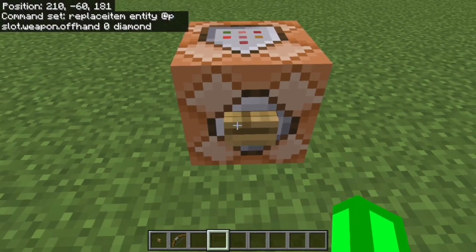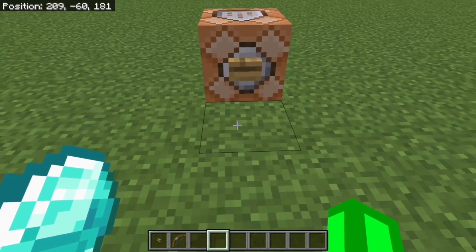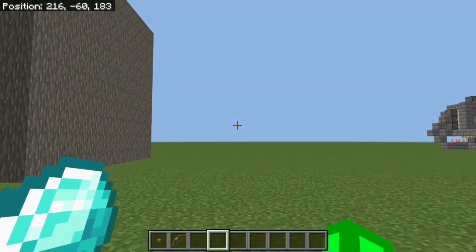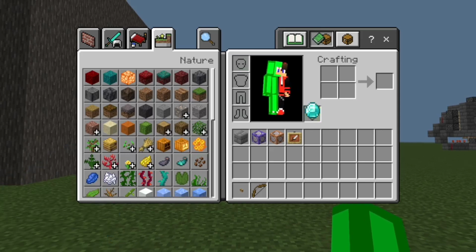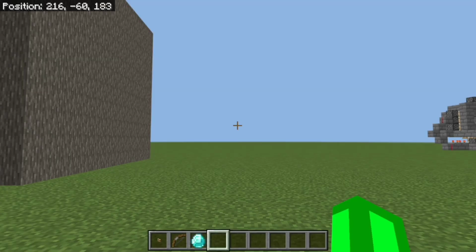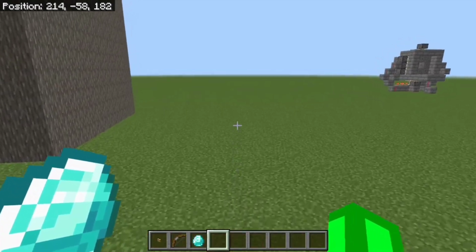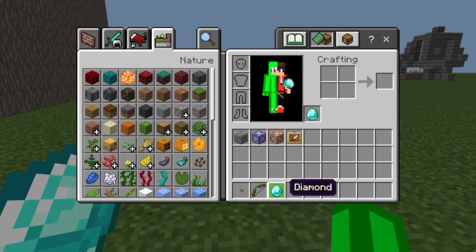Now, this one allows you to do things you can't do normally on survival. It's kind of command only stuff. So, as you can see, you can put a diamond in your offhand. You usually can't in Bedrock Edition. As you can see, really fun to do because you can actually show off to your friends that you know this. You can put diamonds there. I can't even put diamonds in there now. But